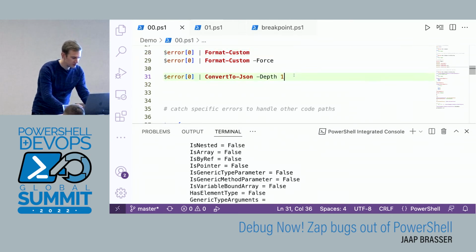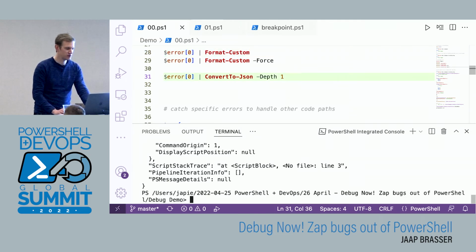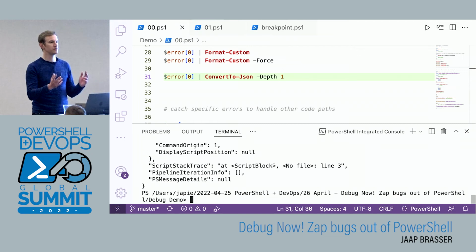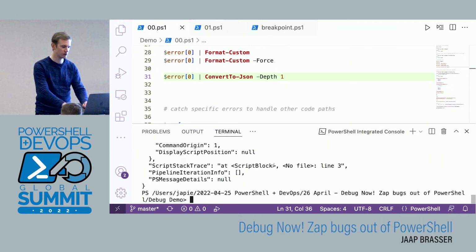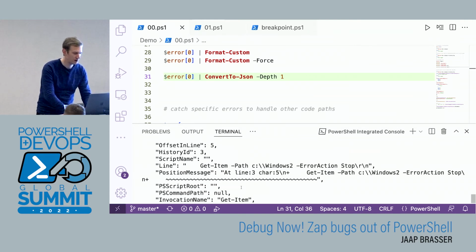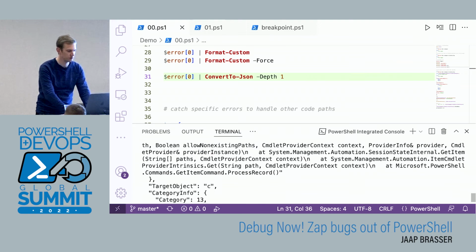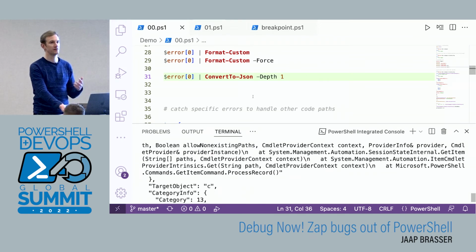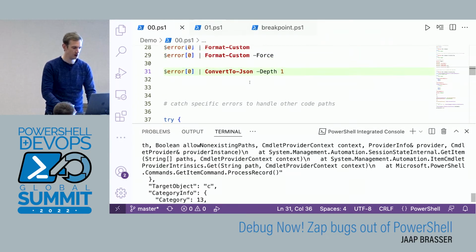And the other one is by using ConvertTo-Json, which is also a good way to override the standard way that things are displayed in the console. It will output a JSON object, and that will give you all the information, instead of the default error message, which is either a concise view or just displays the error message. So